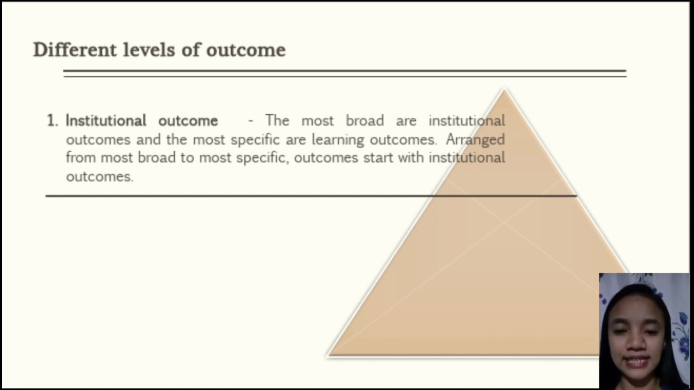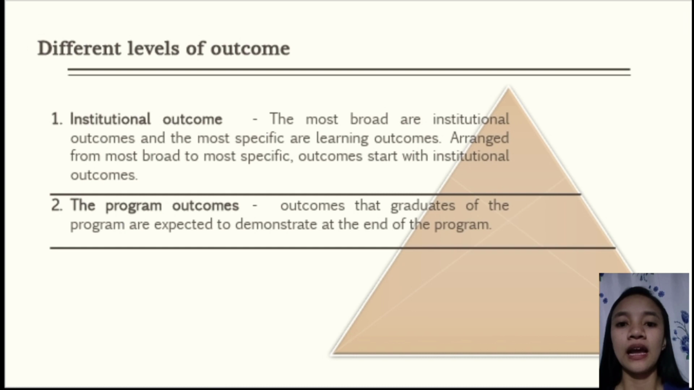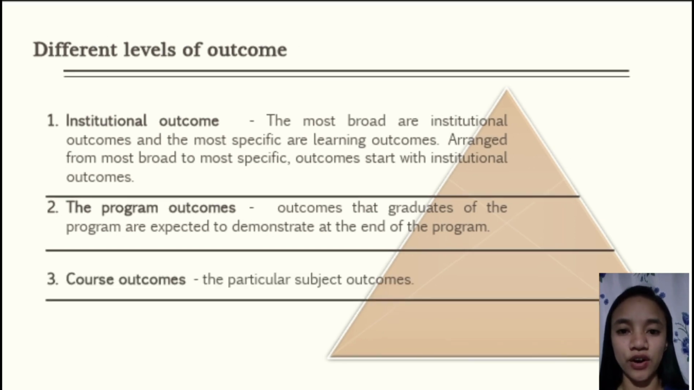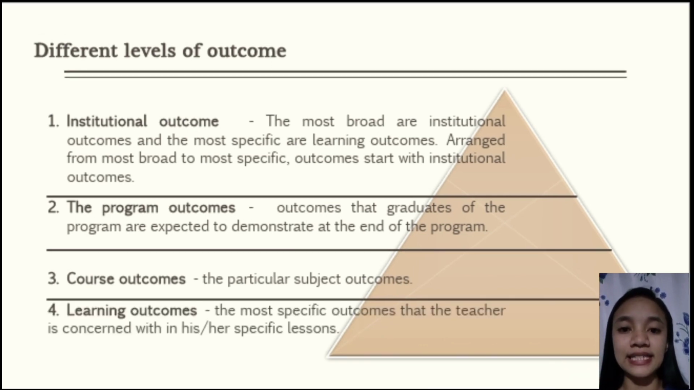The second one is the program outcomes. Outcomes that graduates of the program are expected to demonstrate at the end of the program. And the third one is the course outcomes, the particular subject outcomes. And the last one is the learning outcomes, the most specific outcomes that the teacher is concerned with in his or